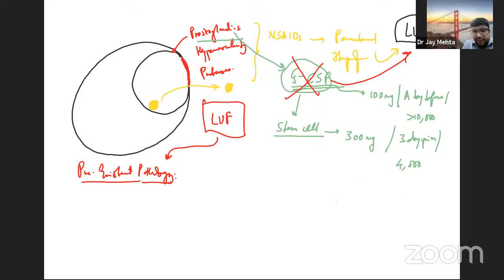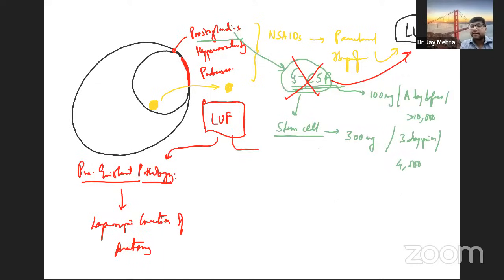If there is a pre-existent pathology, then the treatment of choice is to do a laparoscopic correction of anatomy. That is a very, very important take home point. You have to laparoscopically correct whatever problem there is, if it is correctable. And if it is a correctable problem, then your LUF will anyway go away.